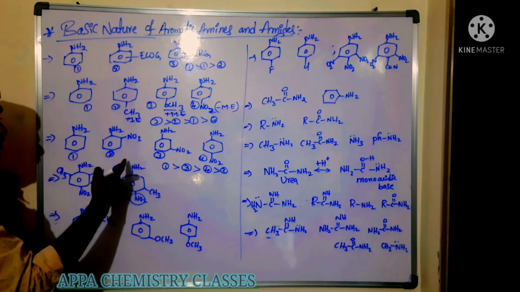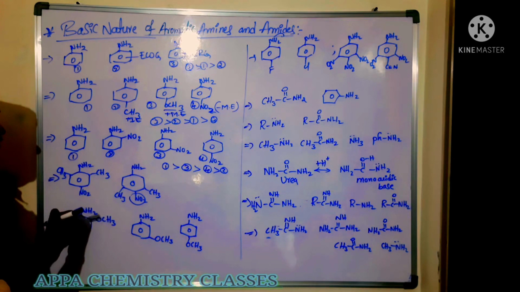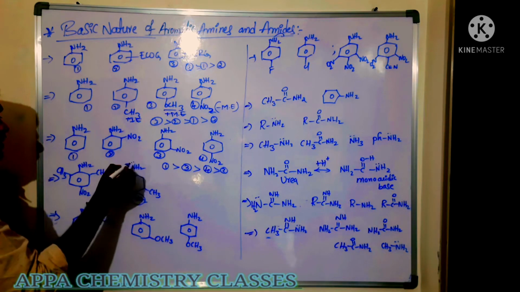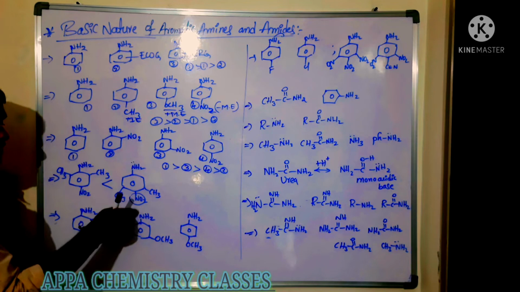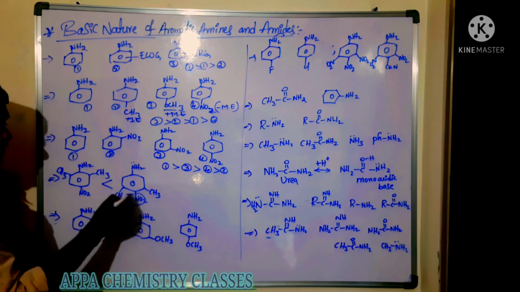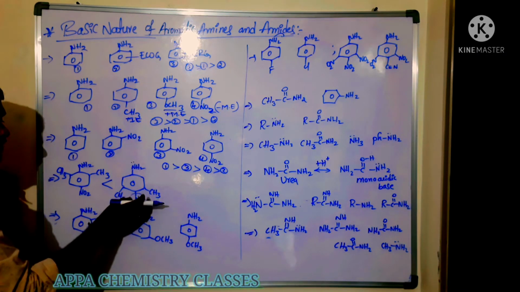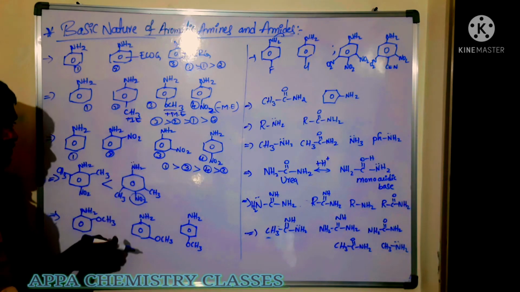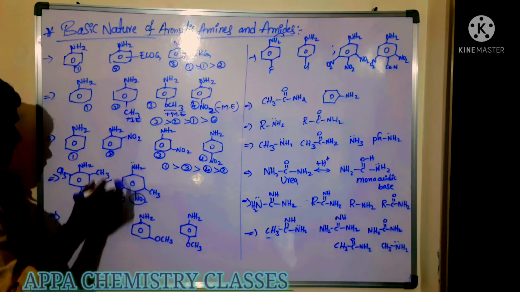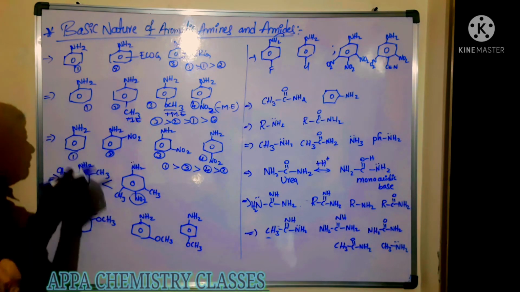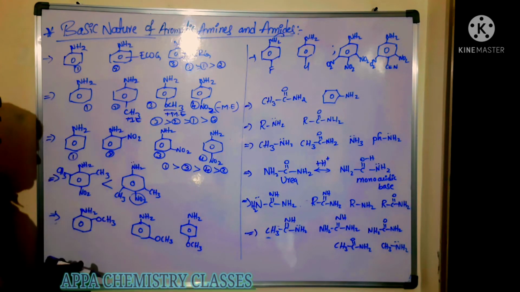So it is having the less effect. So it can have more electron density when compared to this one. So this nitrogen containing a lone pair can be readily donated. Because here, due to steric hindrance, what happened? This NO2 effect will not be there on this group. Slight effect will be there, that NO2 effect will be decreased. But whereas here the NO2 effect is more on this NH2 group.